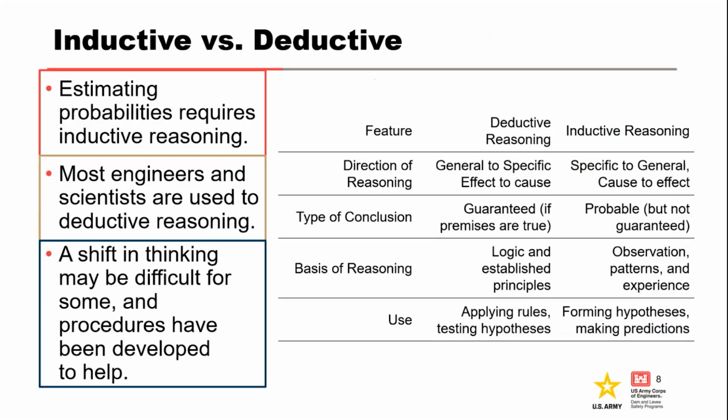Thinking this way can be difficult for a lot of engineers and scientists. A lot of us are used to having hard numbers, where we're calculating the exact moment that something decides to break or whatnot in some of our analysis, and you have to shift out of that method of thinking when you're making estimates for risk assessments.